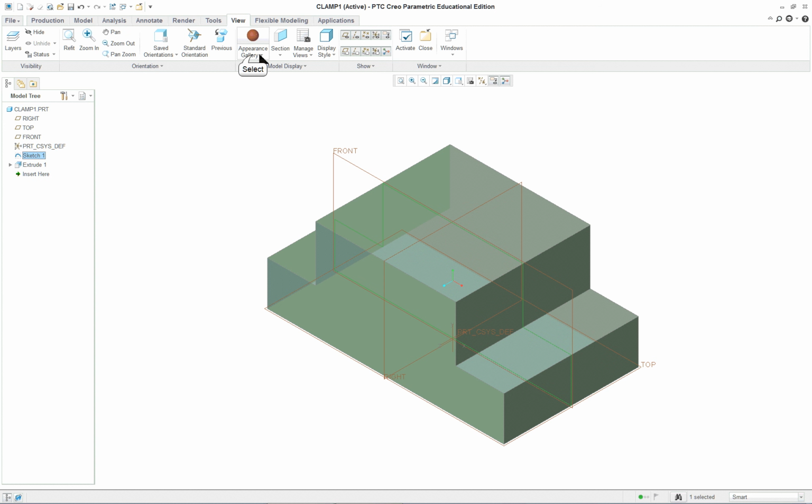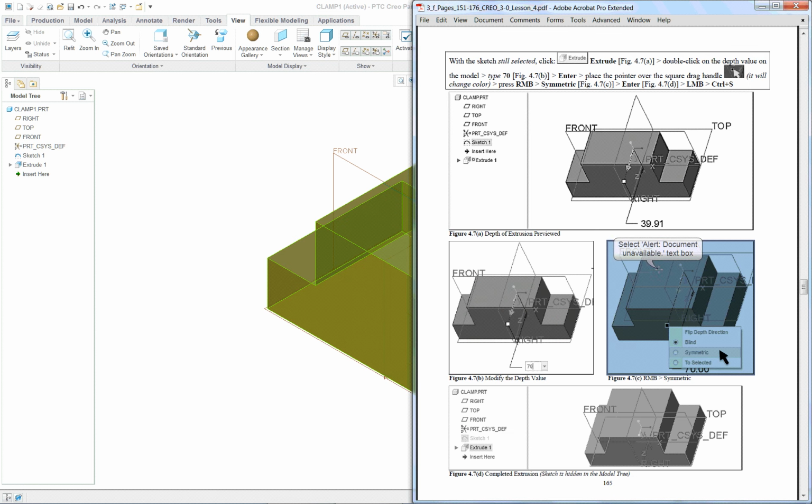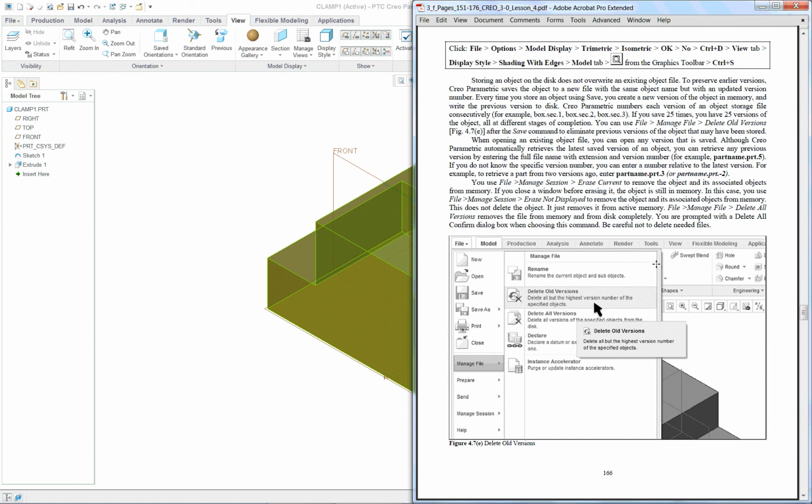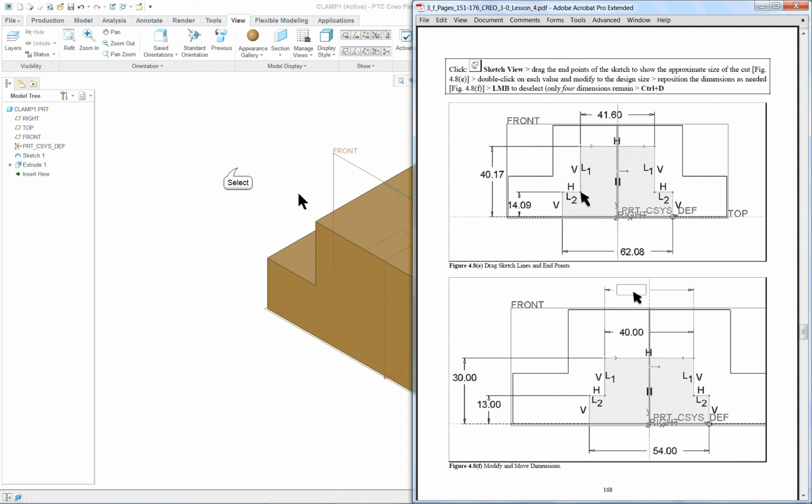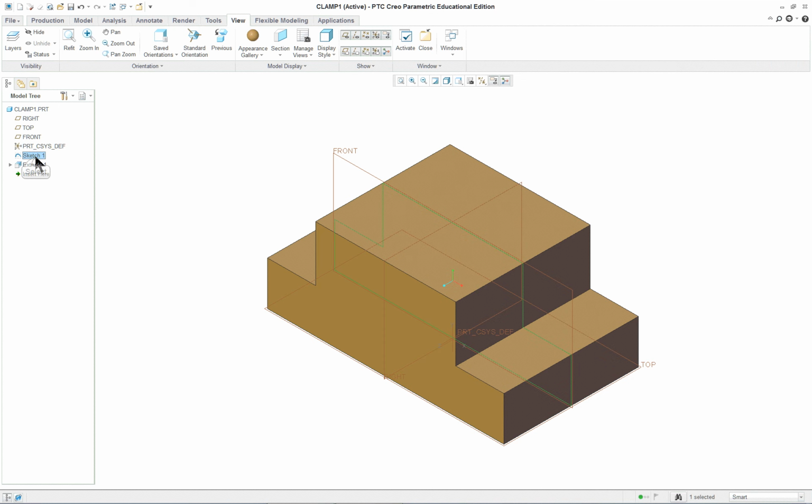And my color isn't very good for that, is it? So again, let's try another color. And just leave it like that for now. So basically, we want to make a cut through here. And if you look at what's coming up as far as the next feature in the book, basically you're going to be using the same sketch, unlinking it, and then creating a cut. Now, what that means is this sketch is still active here, or available. I'm going to click on it, and then I'm going to go and, in fact, I don't think I'll click on it yet. I'm going to go back to my Model